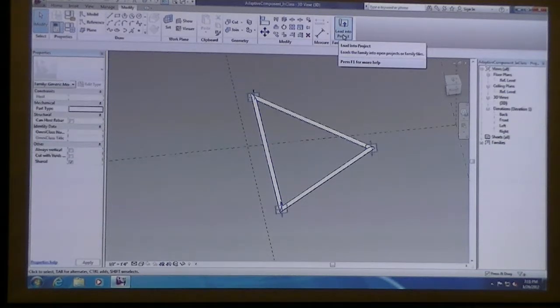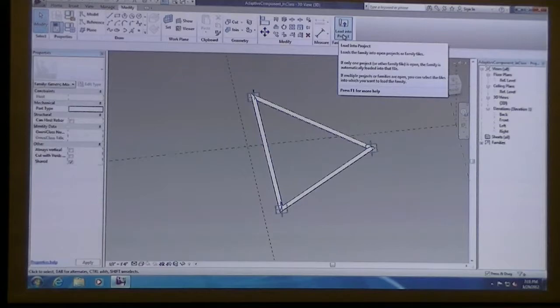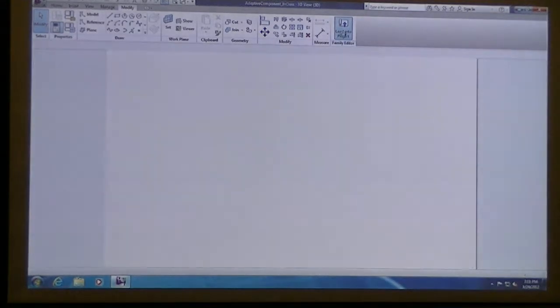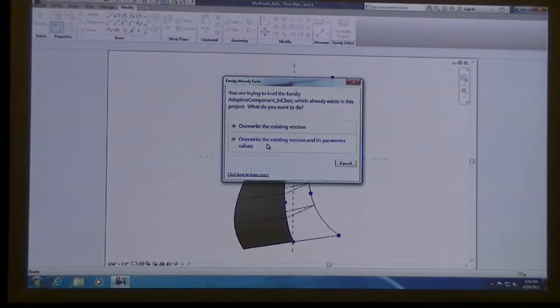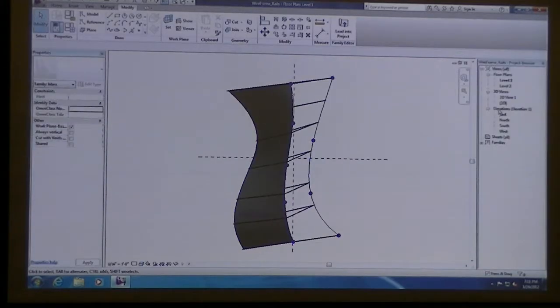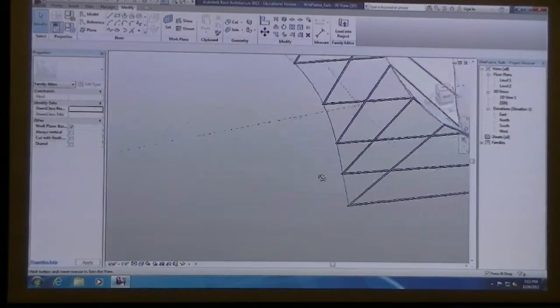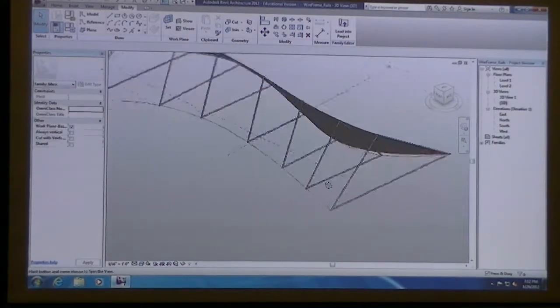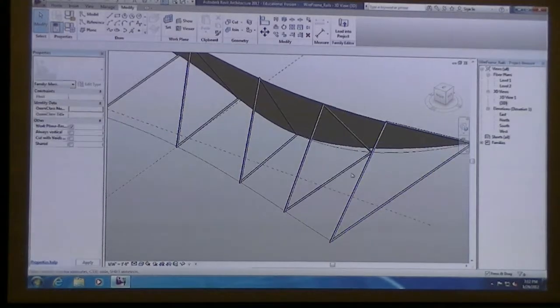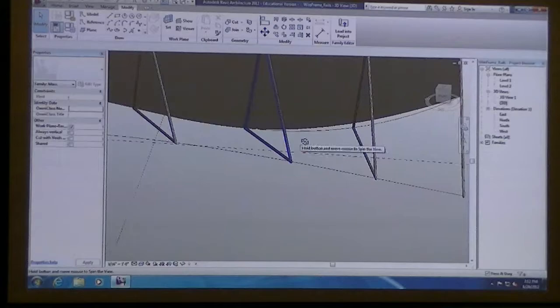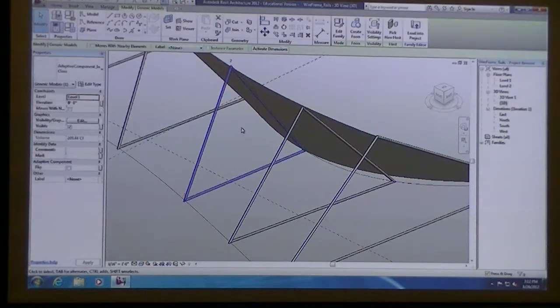And because this is the same file, that's your adaptive component, you can load this into your project and say overwrite the existing version and its parameter values. And so now when you zoom in, you actually have, instead of a wireframe model, a surface with a tectonic pipe structure. And we can keep adding to this adaptive component.